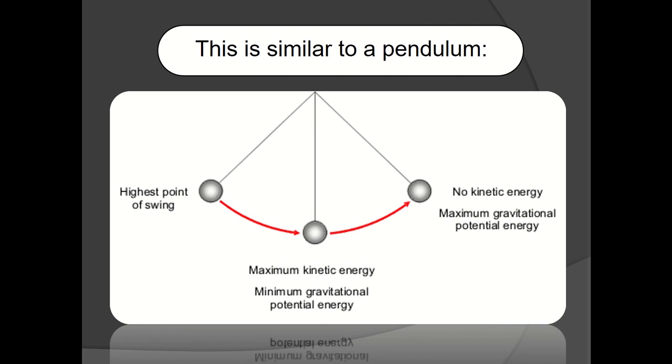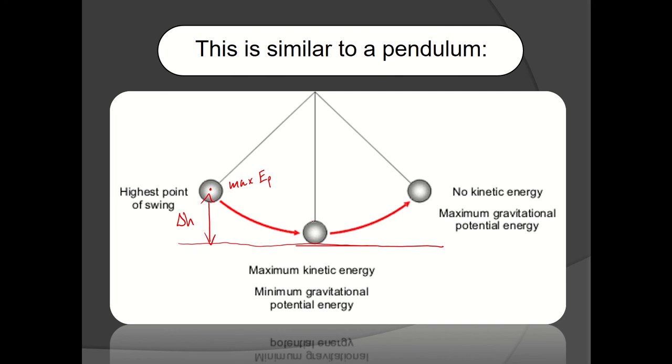In this case, as it swings, the mass, this mass right here, is going to be at the highest height compared to, again, our reference point, which is going to be down here. So this height here, delta H, is going to go from the highest to the lowest. So here we're going to have maximum potential energy,